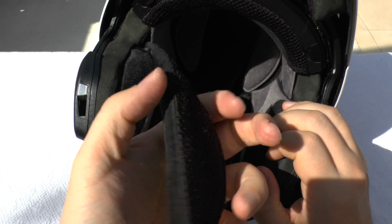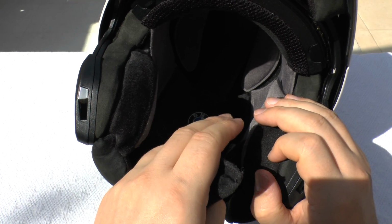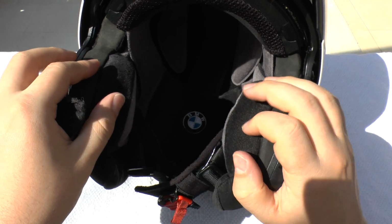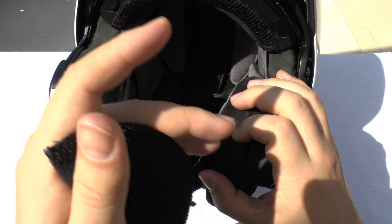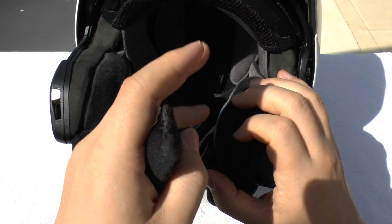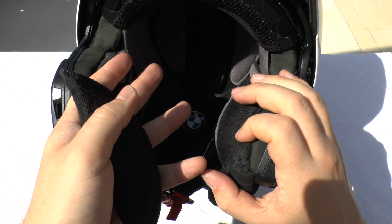I've washed it. Now all of these things in here, it's important, don't just stick them in the washing machine like you can do with your BMW tour shell jacket and your trousers once you've removed all the armour. These liners are hand wash only. By that I mean get some clothes washing cleaner,